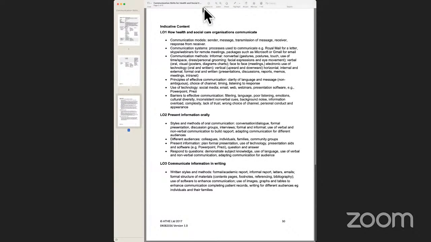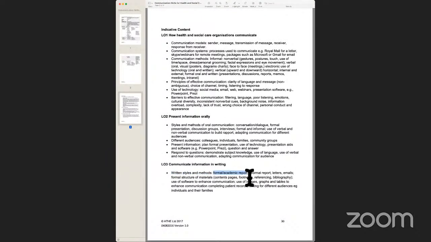If you see here, what is required to be covered, it says written styles and methods. We have to look at 5 different types, and out of which 3 of them would need to be produced to complete the task in the assignment, which will be related to learning outcome 3. So here it talks about formal and academic reports, informal reports, letters, emails, and other materials, which could be things